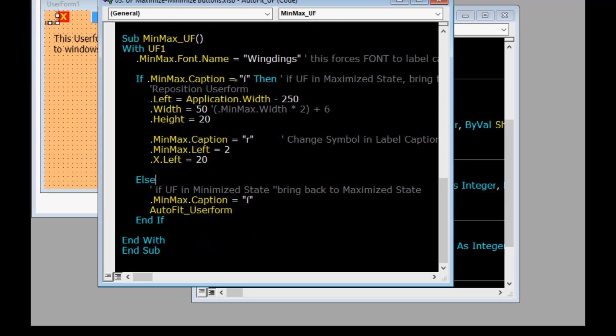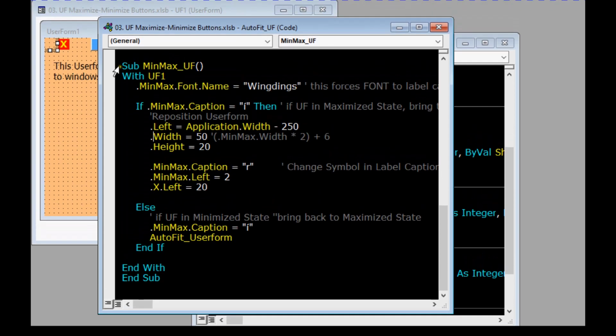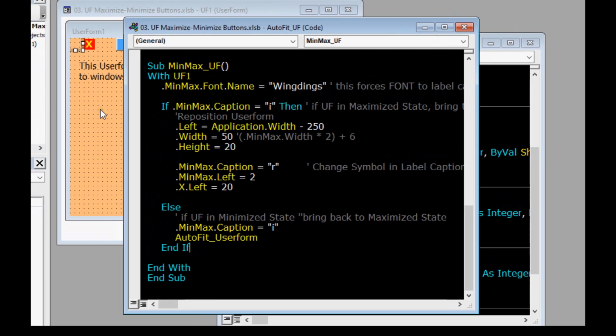Else, if it is not I and something else, then we make it I, this character, and again AutoFit the user form. This is what is happening. This is what the minimize maximize button toggling between. How it is happening is,